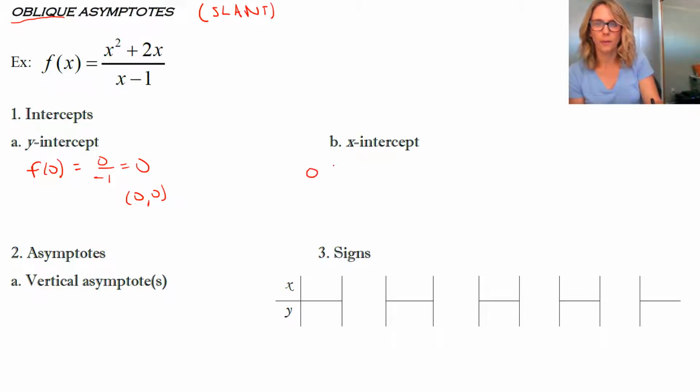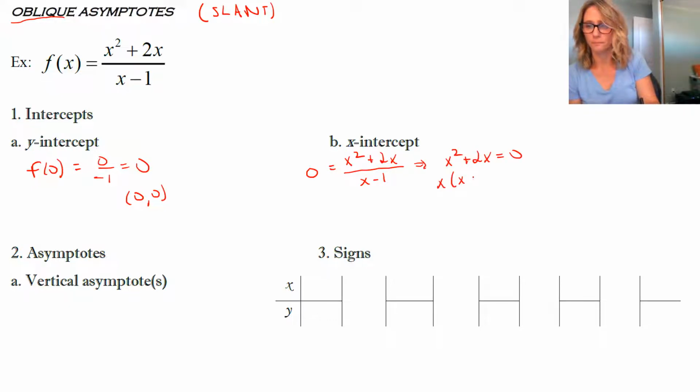X-intercepts, remember, that is when the function is equal to 0. And for a rational function, that is when the numerator is equal to 0, because that's the only way that it can be equal to 0. So we get x squared plus 2x, when is that equal to 0? And then we just factor. And you can see that we get x equals 0, -2. We already knew 0 was going to be there because of the y-intercept, but now we have